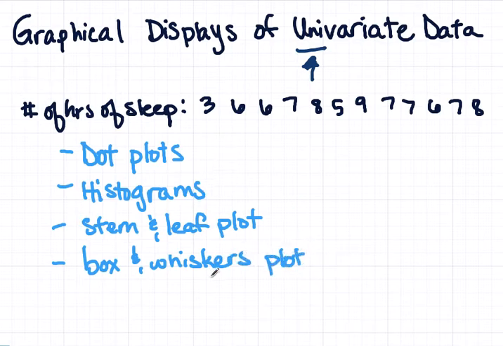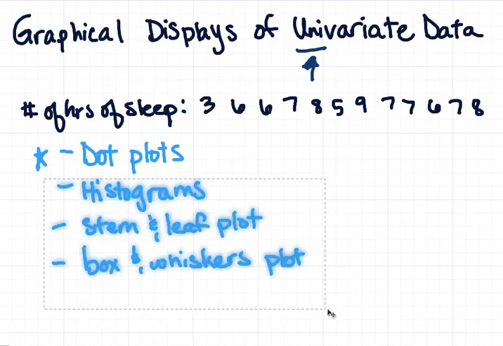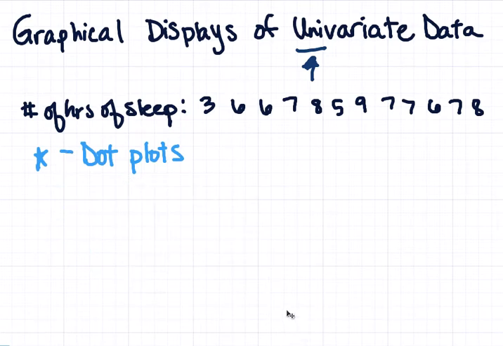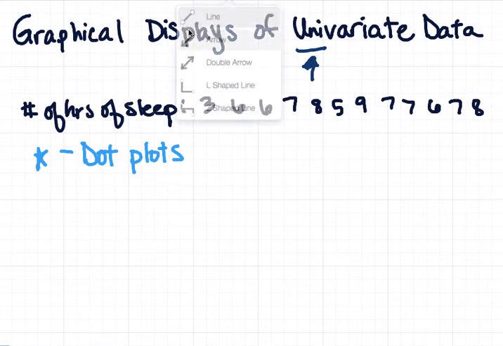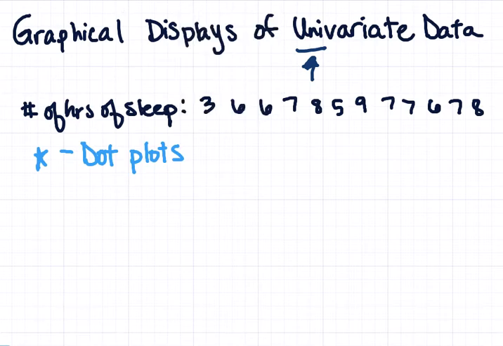All right, so we've got 4 awesome graphs here. We can't go over all 4 of them in one go, so we'll see the others later. We're going to start here with dot plots to begin with. So we're going to say goodbye for now to histograms, stem and leaf plots, and box and whisker plots. Let's figure out how to make a dot plot of the data we have here above. All right, so it's pretty straightforward. We're going to start off by creating a